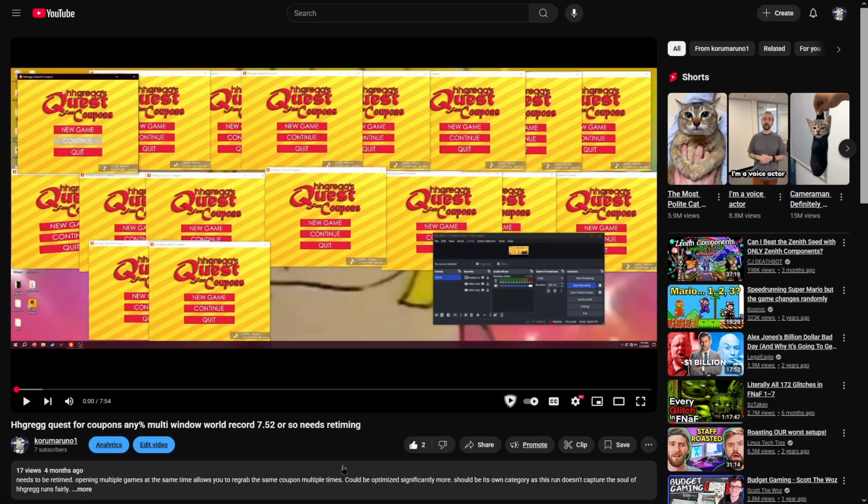So this was Grayson's first any percent record that we uploaded. I just want to state, we've got to pull up speedrun.com, but I think the record at the time was 9 minutes to 9 minutes 30 seconds. This was a minute and a half worth of time saved from one really cool